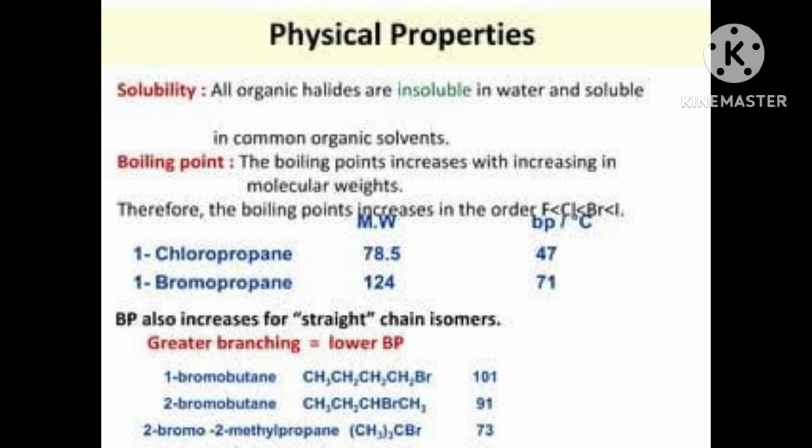Alkyl halide plus KCN. Then the halide will be replaced with CN. In every case the same thing is happening. Now it will form RCN, which is called nitrile, also called cyanide.